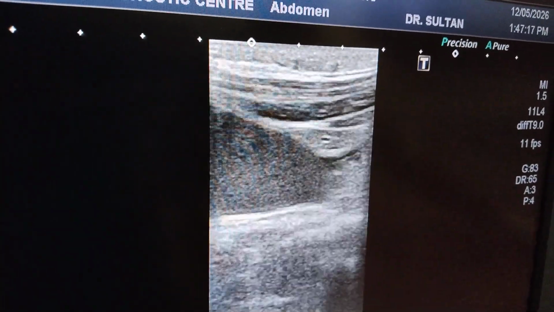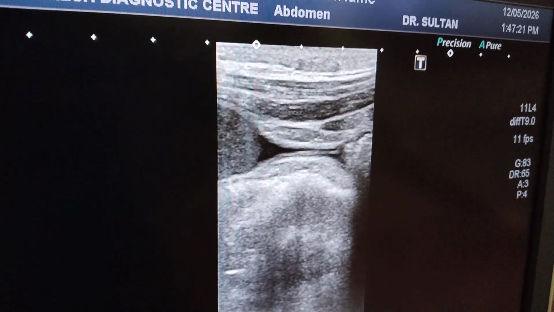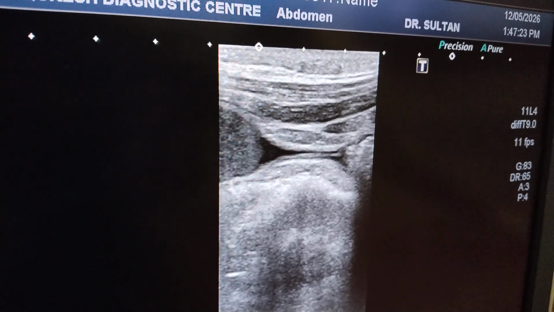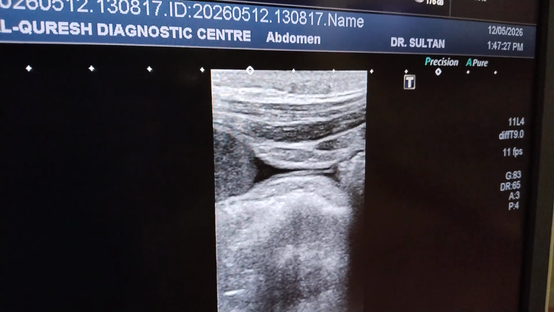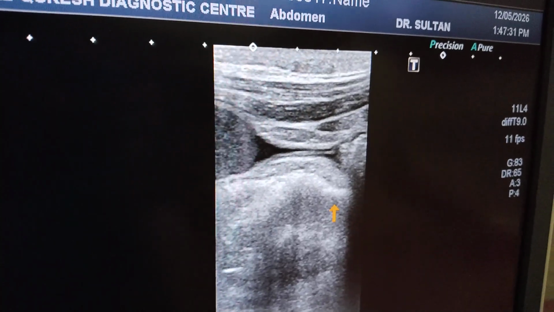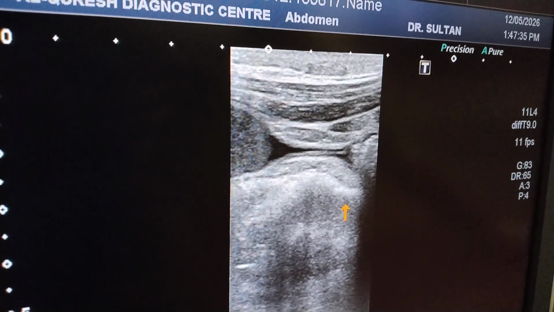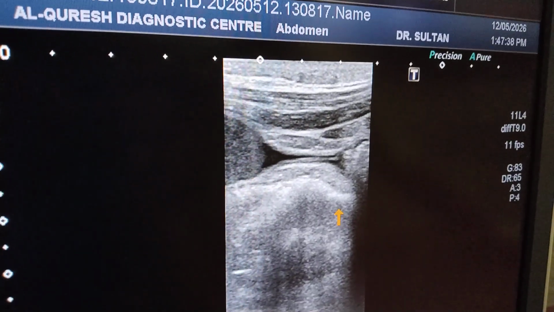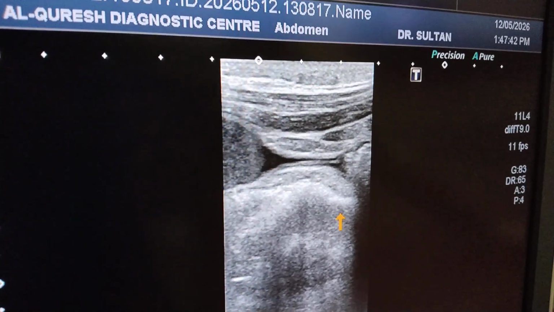Kidneys are small and they are showing calcification, diffuse calcification involving the cortex of whole kidney bilaterally. This is the calcification. So what we have seen is bilateral small kidneys having nephrocalcinosis, and also there